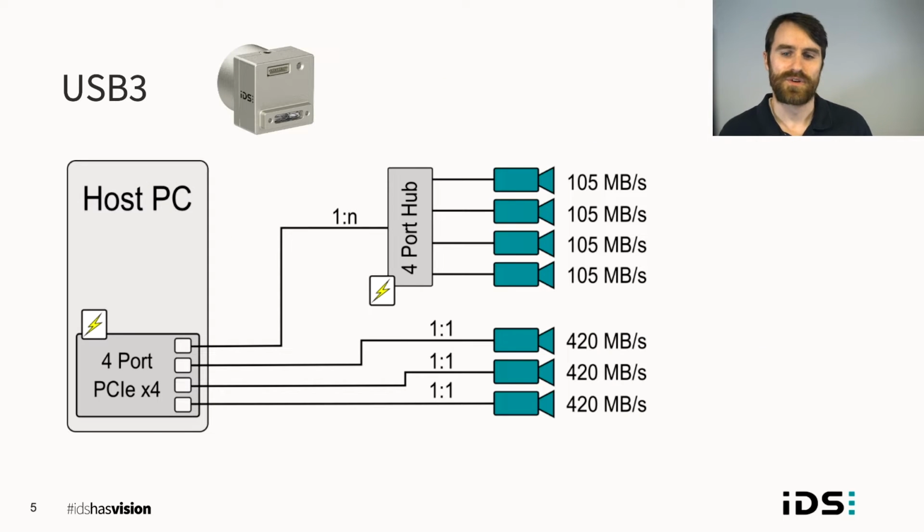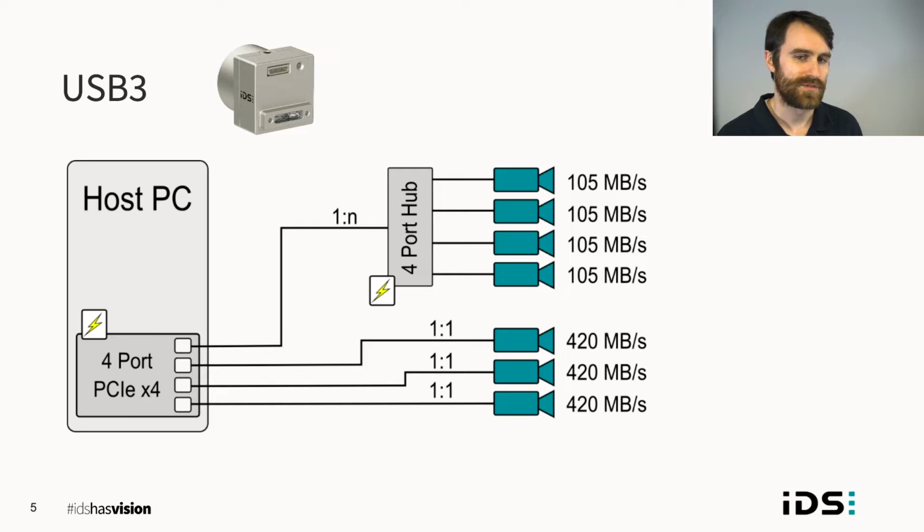A PC will come with a set number of USB 3 ports, which limits the number of cameras you can physically connect to the PC. To increase this, you can use a USB 3 hub. And these typically have 4 to 8 ports, minus the one from the host. And we recommend typically to use an externally powered hub, just to ensure that power isn't a limiting factor. Some cameras can be power hungry and in multiples could go over the specifications of a single USB 3 port.